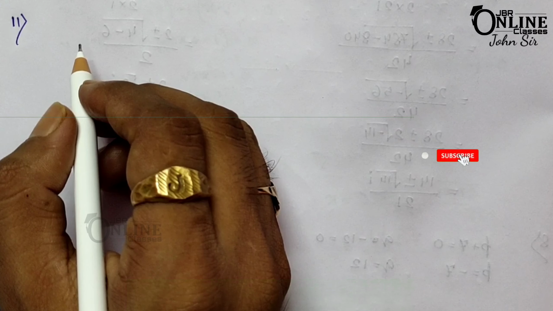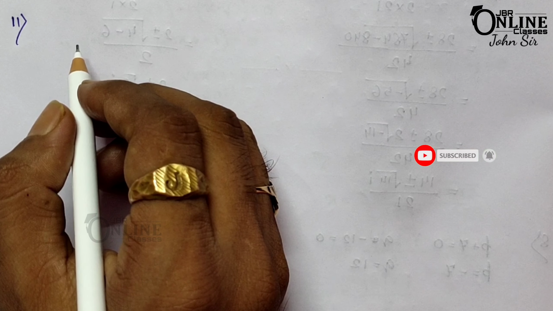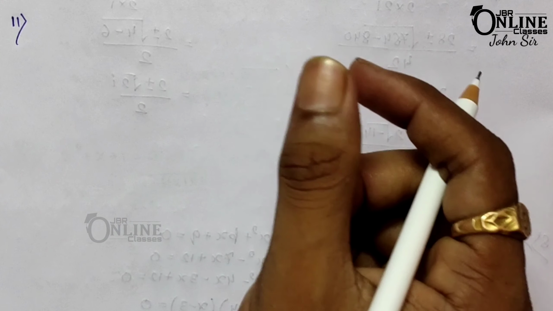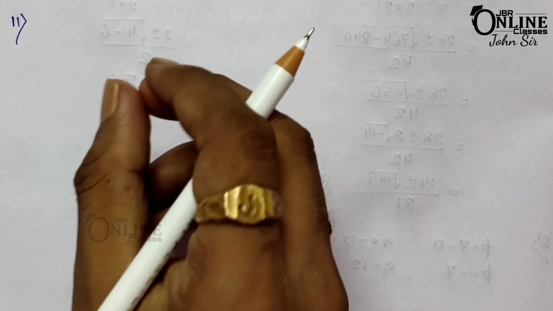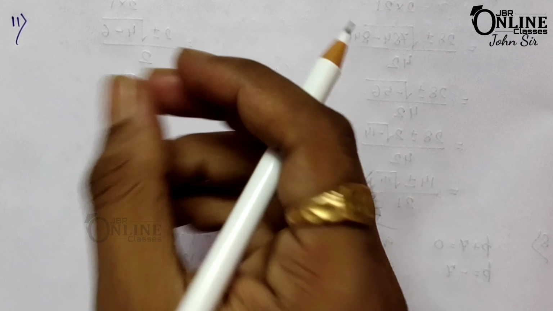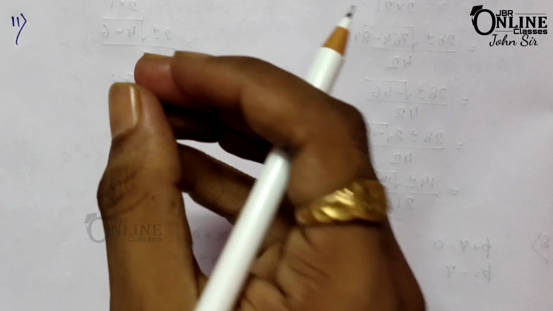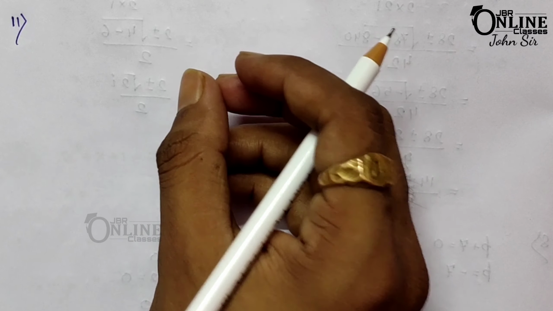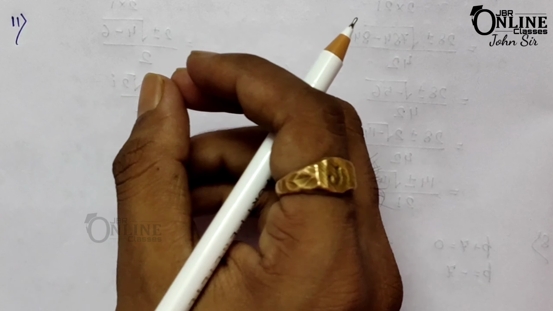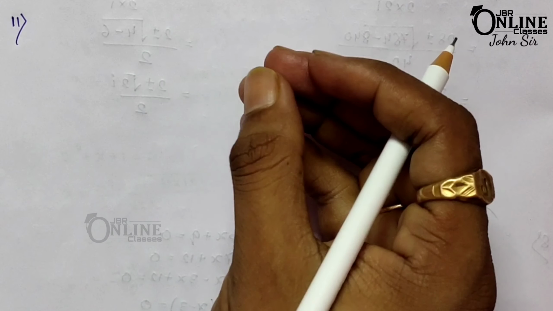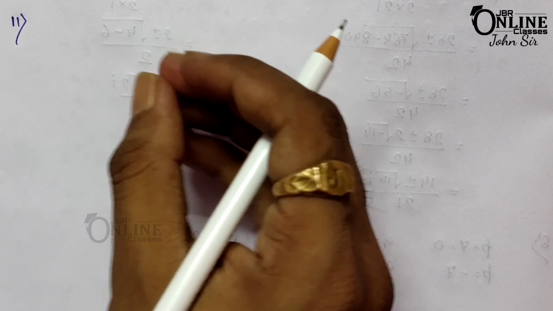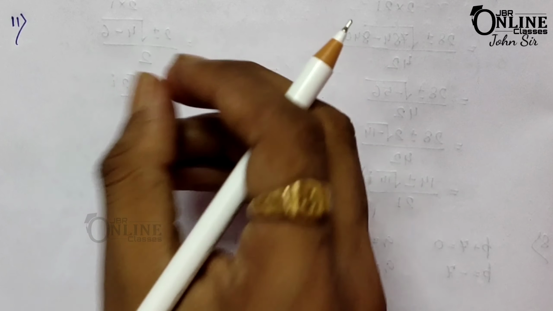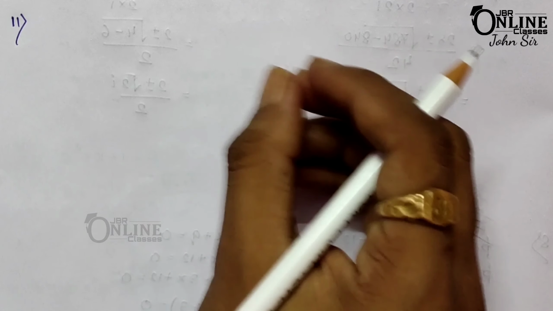Now sum number 11: the sum of the squares of two consecutive positive even integers. Remember that, consecutive positive even integers. If you let the first even integer be x, then x might be even or odd. But if you consider the first number as 2x, then whenever you multiply any number, even or odd, by 2, it definitely becomes an even number. So it's better to let the first even number be 2x.